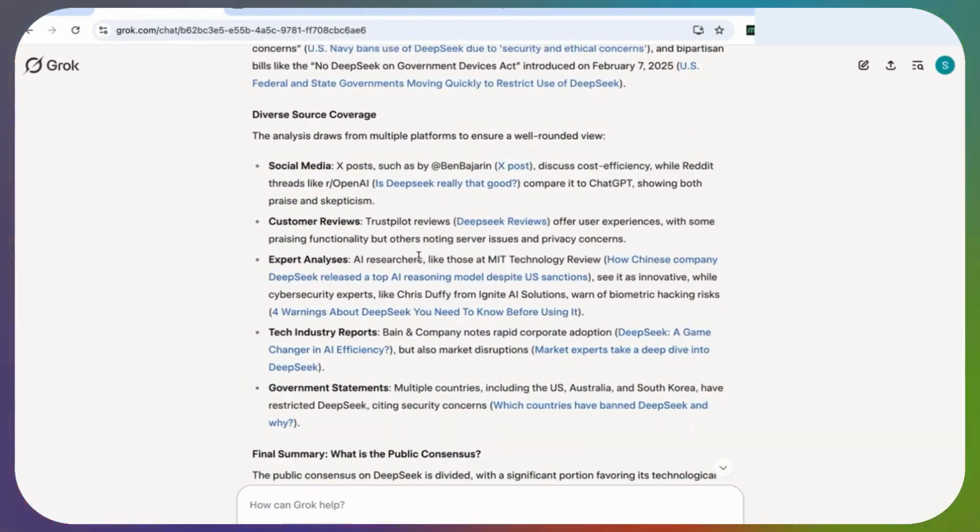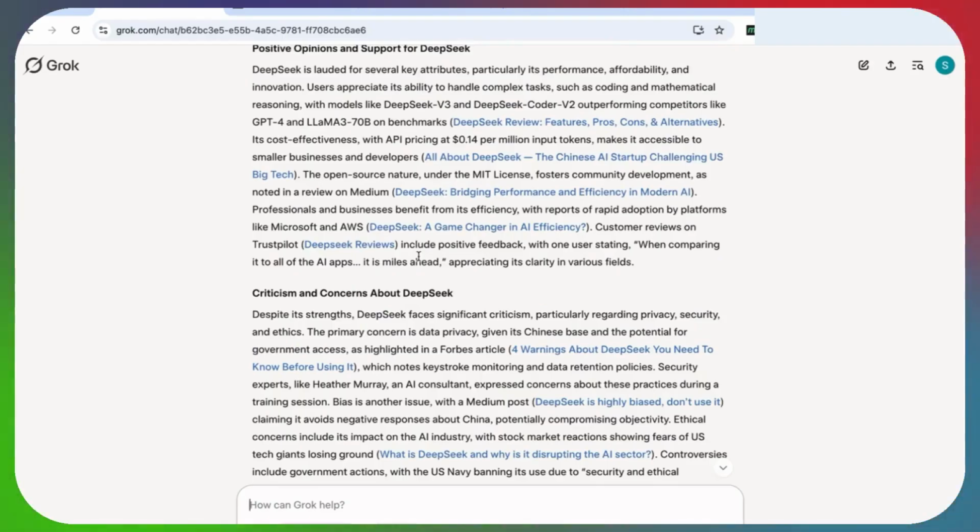And because I've just done this exact same deep research with Perplexity, I'm going to leave you the link to the video to compare their response. You'll see that with Perplexity, we get a lot more insight, a lot more analysis. We get more statistics, more viewpoints, more detailed opinions than we get with Grok. So I'd say, although Grok gives me a generally good response, showing me the different viewpoints, Perplexity did a much better job with their deep research tool in really digging deep and coming back with statistics and analysis of the